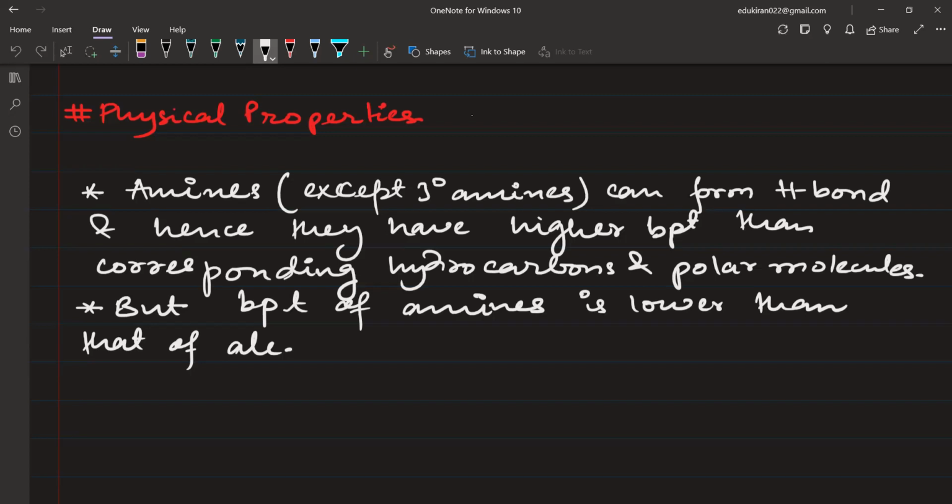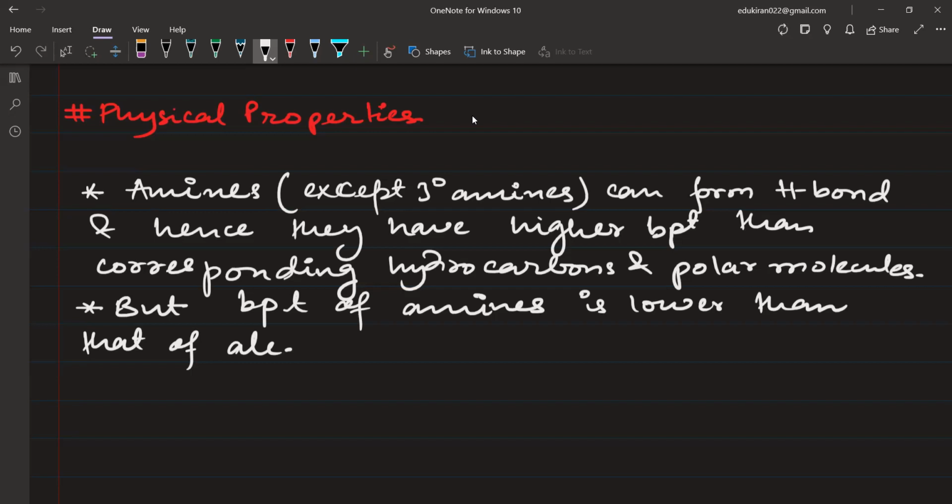It is because alcohol has a hydrogen bond with OH, and this oxygen is highly electronegative. It creates a high delta positive charge here, and on the oxygen, the more delta negative charge. If you have positive and negative interaction, as you must have studied in electrostatics, the force of attraction is also greater. So due to the high electronegativity of the oxygen atom, the hydrogen bond formed by alcohol is going to be